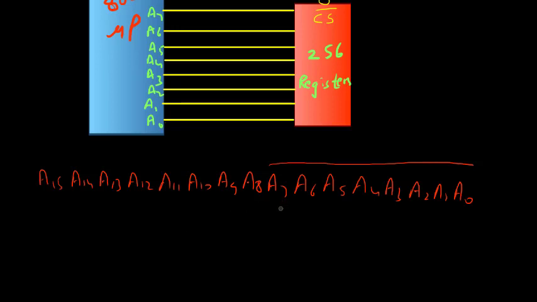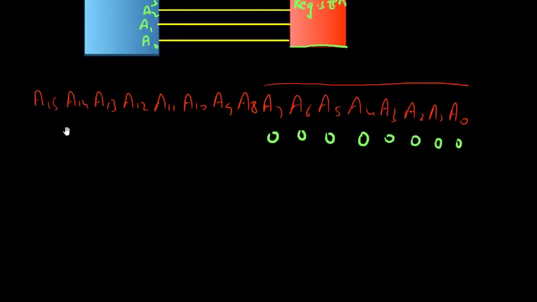The very first combination would be all zeros. When all the 8 are 0, the very first register is selected, and so on. We can go on just incrementing, and the last combination we get is all ones. So the combination of address lines from A0 to A7 goes from all zeros to all ones, because of which any of the registers is selected.